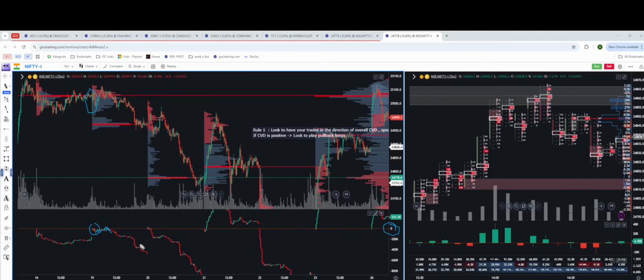Right? This is the zero line. And eventually it drifted negative. So when I see the CVD at any point of the day, let's say I'm coming into the market here and I'm seeing CVD is negative, what I'll do is look for pullback shorts. Any pullback shorts that I get, I'll try to short the market, and eventually this market closed at the